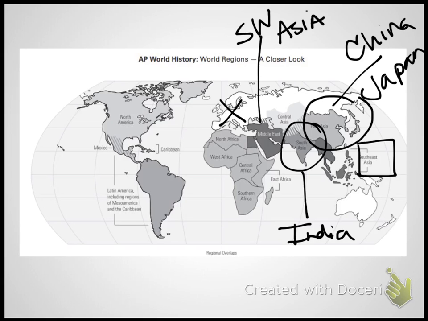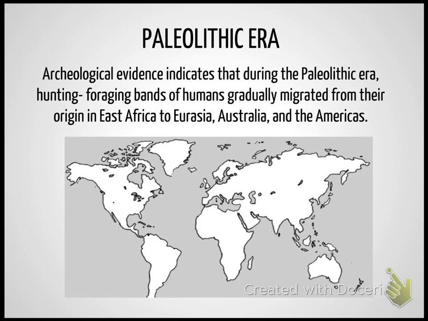We see Europe. Above those, Central Asia, East Asia, we have what we know today as Russia, so be aware of that. When we're looking at Africa, North Africa, West Africa, Central Africa, Southern Africa, and then East Africa along what we know as the Swahili coast. And so for this part of the course, these are the main things that you need to be aware of.